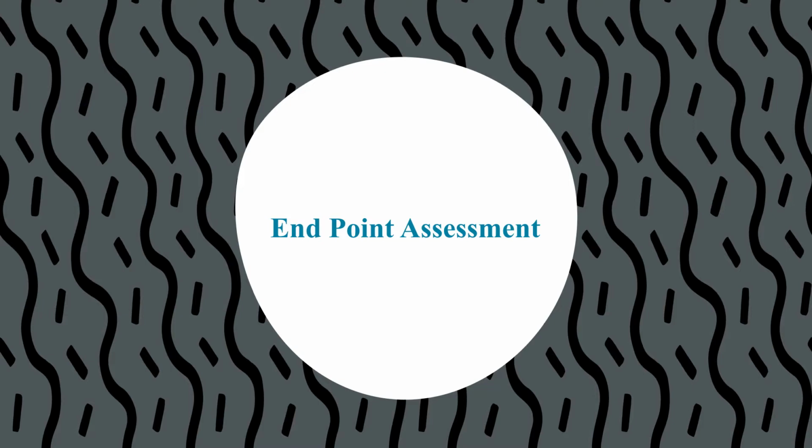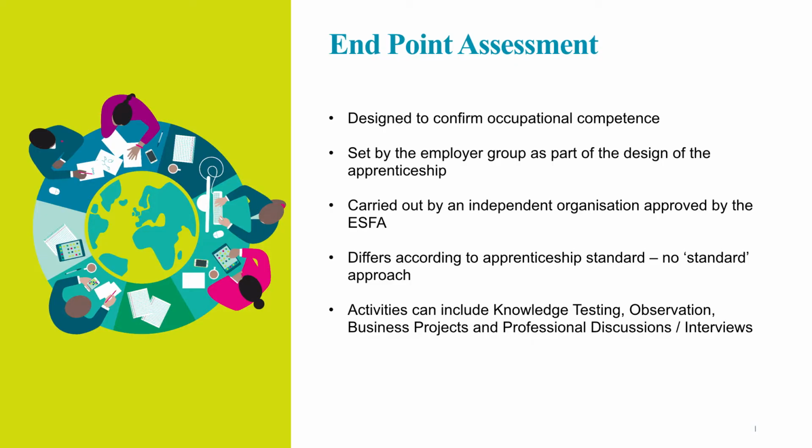Endpoint assessment is the new component of apprenticeship standards, which is very different to existing SASE. It is designed to confirm occupational competence. It's set by the employer group as part of the design of the apprenticeship. So when the employers are designing the apprenticeship to meet an occupational standard, they identify what activities they think are the most appropriate activities for a candidate to demonstrate at the end of their apprenticeship that they are occupationally competent against that standard. The idea is that it's carried out by an independent organisation that's been approved by the Education